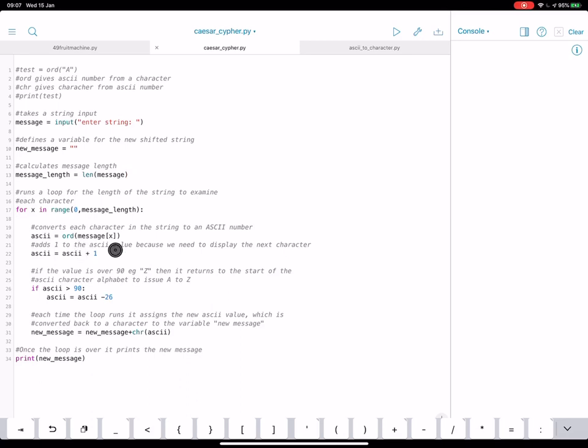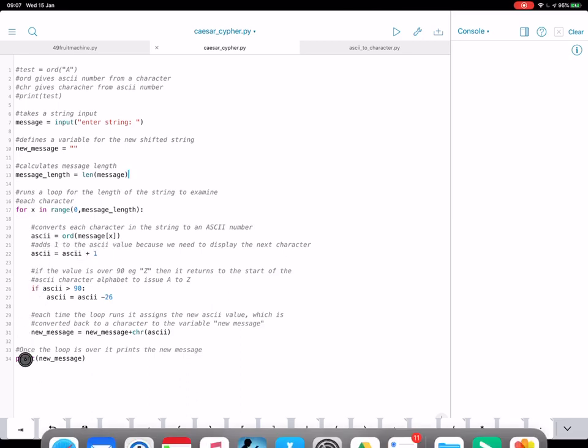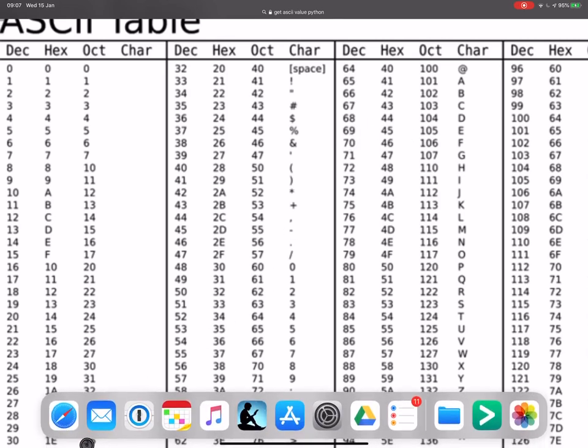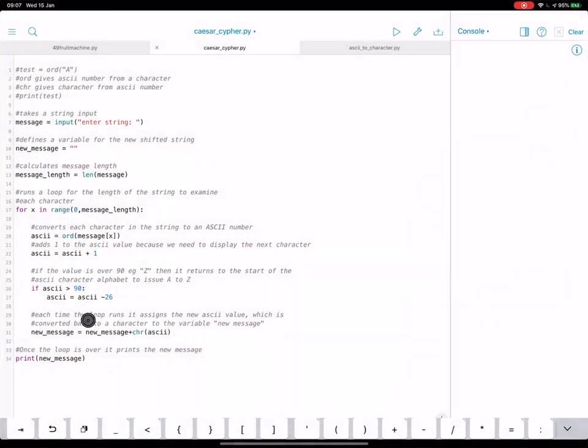Okay, and same thing, it will convert E to an ASCII value, which I think up here is 69, and it'll add 1 to it to become 70, so E should become F, and then it will add F to the new message, okay, and so on. It will keep going until the end of the word hello, okay. So if we run this, hopefully, let's try hello. There we go, we've got the Caesar cipher encrypted version of that, okay.